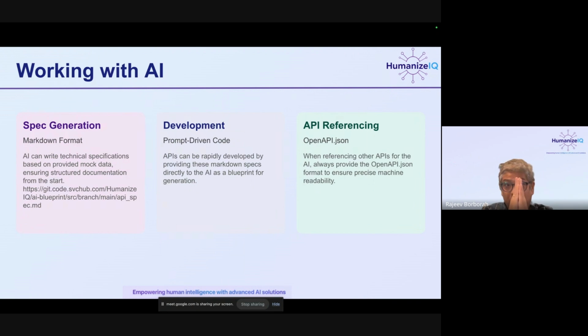So the steps are very simple. This is for a brand new application. You do front-end development, and you ask it to develop the application using mock APIs. You use the words mock APIs. You ask your AI to document the mock APIs in Markdown format in an API spec.md file, right? And then you test locally. If you get your front-end application approved, then you take the API spec.md file to your AI project and tell the AI, okay, this is the API spec, I want you to develop the API. It develops the API, you test the API locally, you deploy the API.